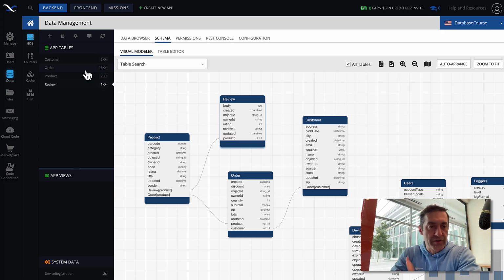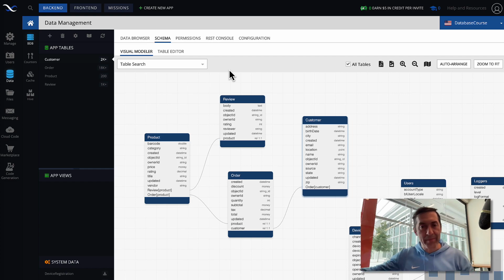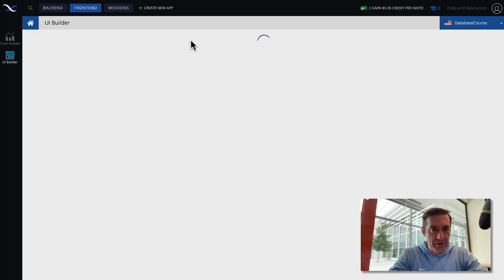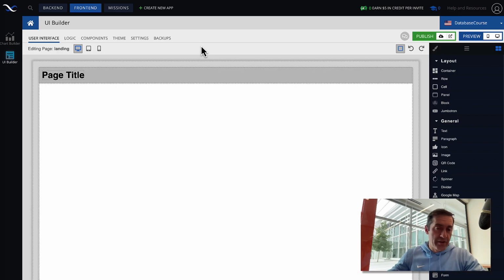So once the data is there, something else that I want to mention: to study the APIs, we will be using UI Builder, because it makes it easier to understand visually what the data is, what the API calls are, how the API calls are structured, so that will be obvious. To access UI Builder, you go to the front end section, and we will be doing it throughout this course. And for many lectures, I will be instructing you to create a new page from a template that is published.